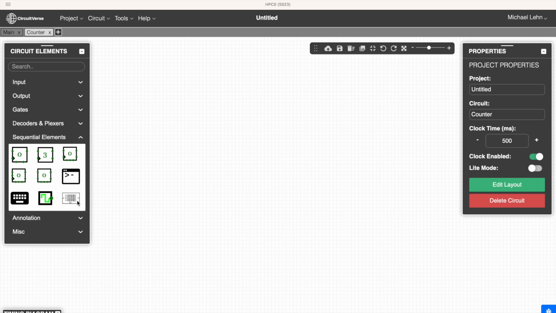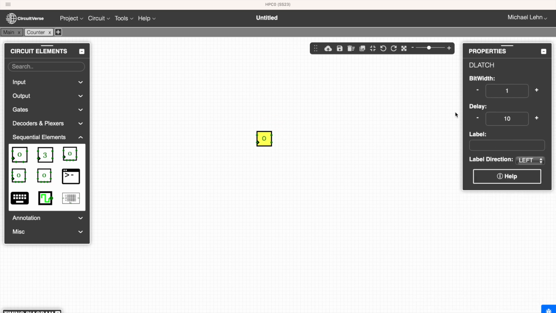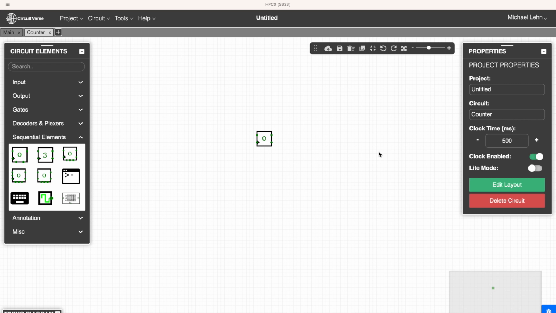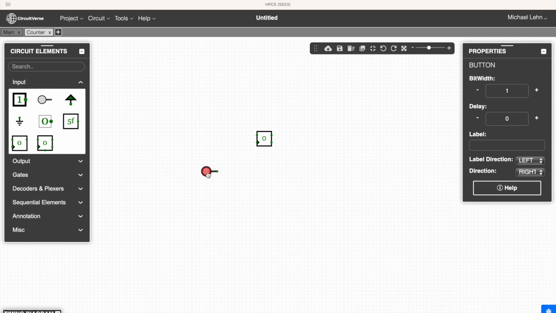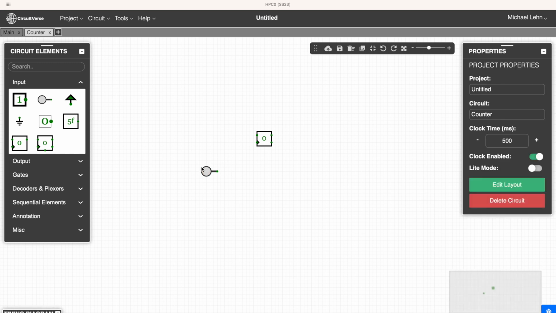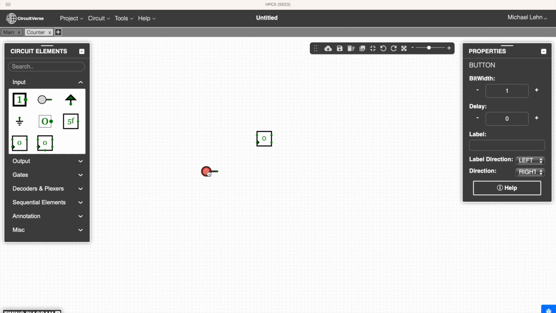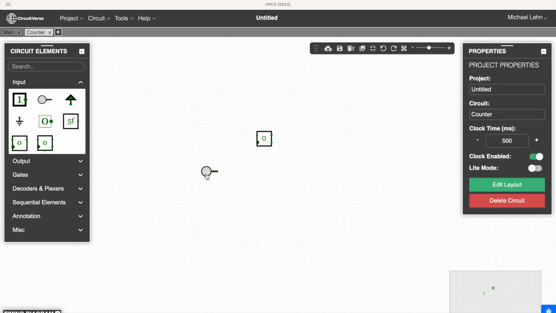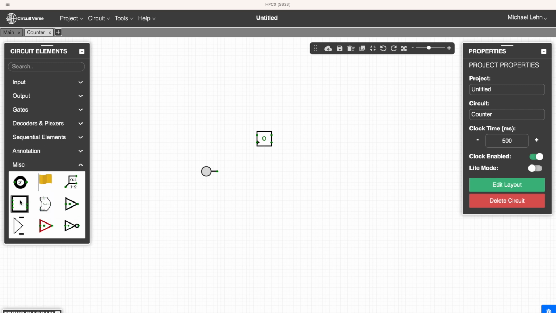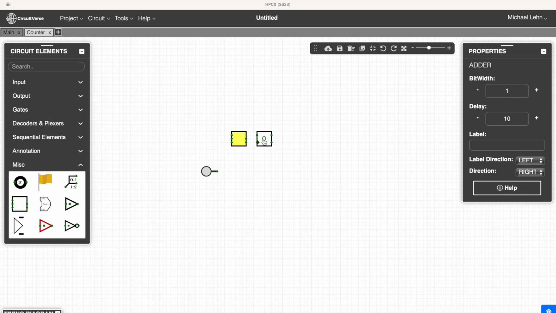What I want to have in this counter example is the following: a flip-flop where I can store 4 bits, and an input device, a push button, which should have the following effect. Whenever I press the push button, this counter should be incremented by 1. The push button, recall, generates a 1 if you press it, and it has a value of 0 if the button is released. Now the idea would be to use an adder, a 4-bit adder, and I simply will use